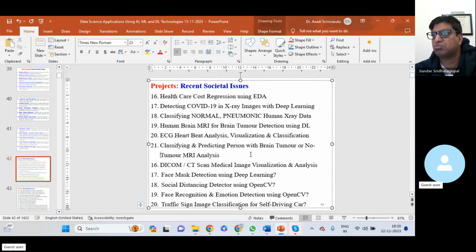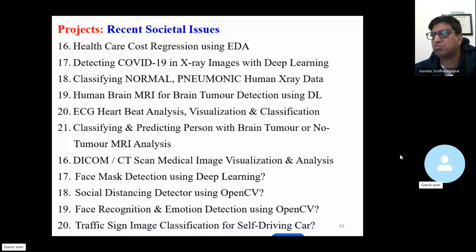Okay, so these are the techniques like face mask detection using deep learning, social distancing detector using